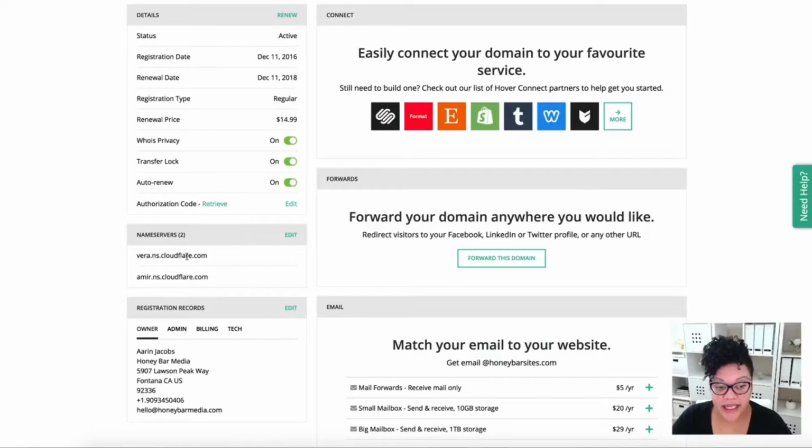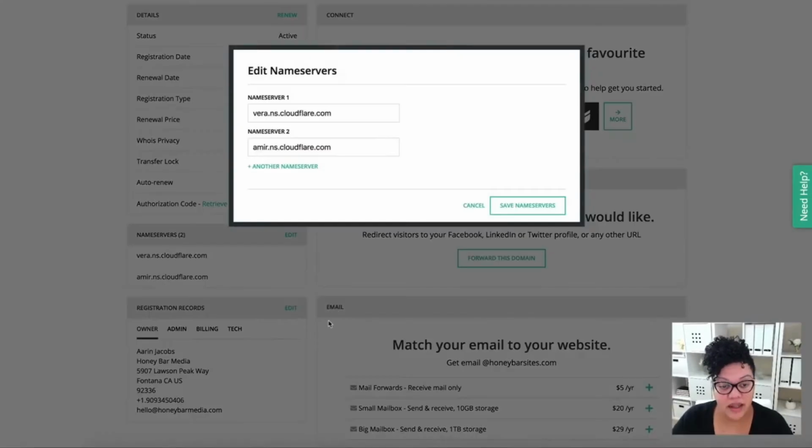So mine has the name servers for Cloudflare, which is exactly what you want, but yours might be something like Hover, something.com, or even GoDaddy in some cases. So what we're going to do is we need to edit these name servers. So I'm going to click edit, and you can see that I have like